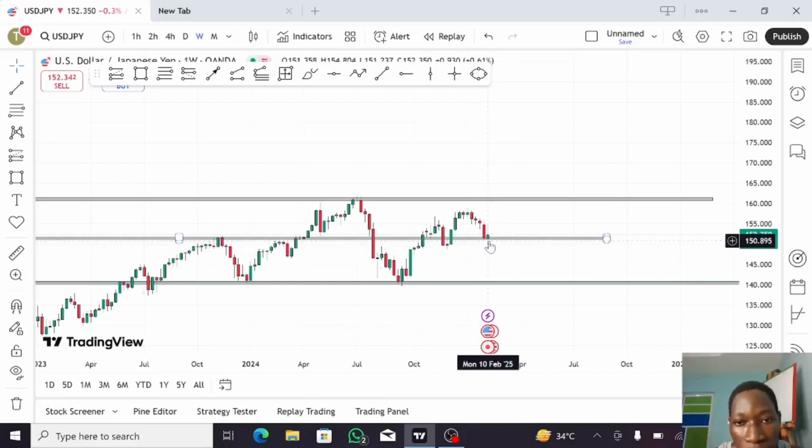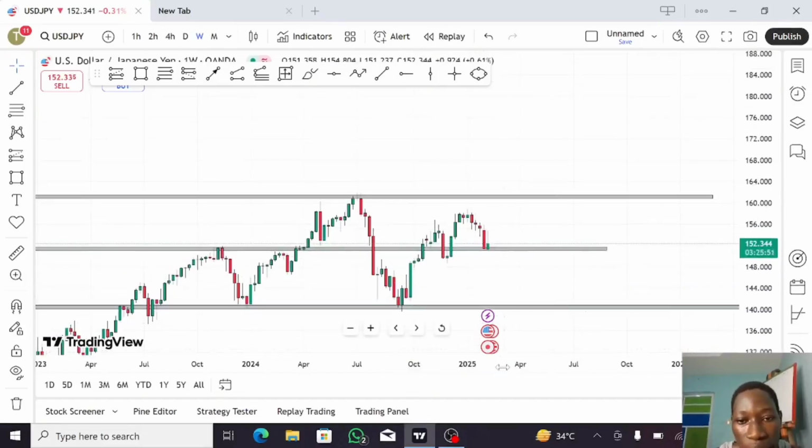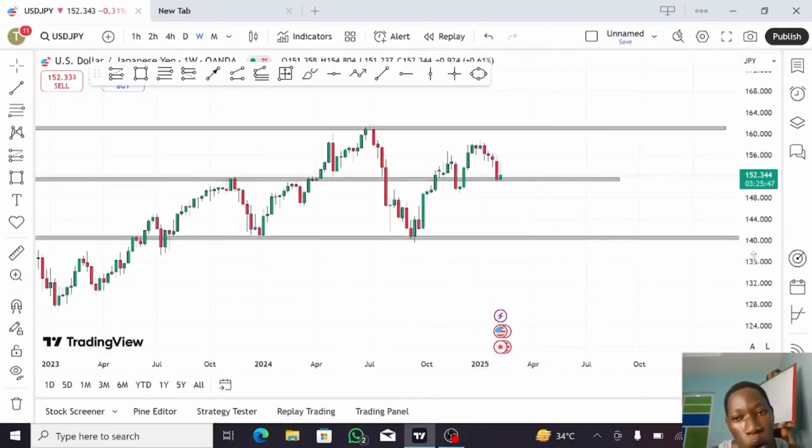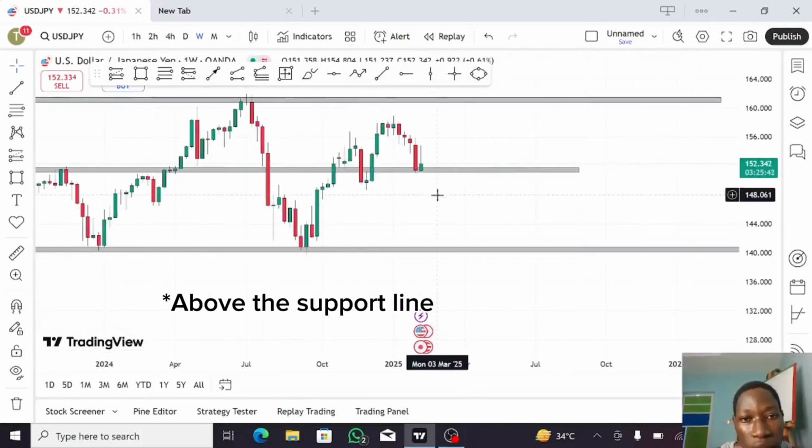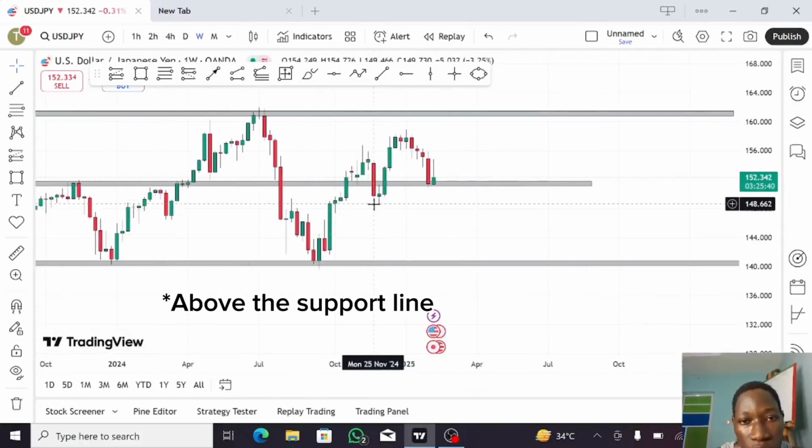And now, the thing is that if this market continues breaking down, and if it gets to this point and breaks this level here, right? Me personally, I feel like this market is going to go up, but I'm not the one controlling the market. Let's say if this market breaks this level at this point,